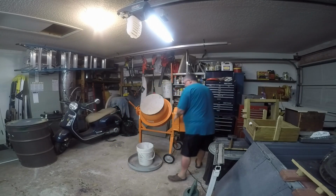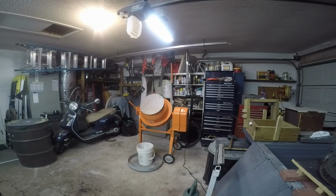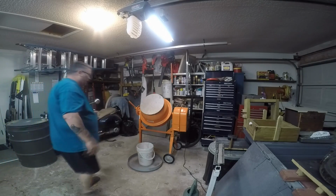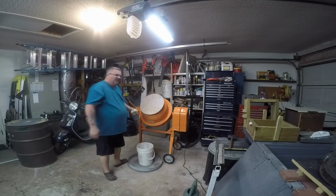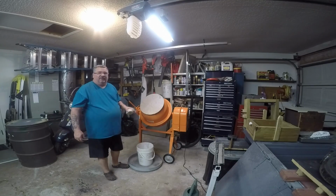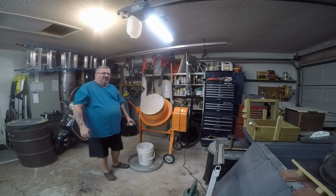Alright, she's sealed up. I'll get my little timer, and the people who wrote up this formula recommend that you have it mull for 3 minutes before you put the water in. Obviously, I don't have the money to buy a muller. I also don't have the money to get my house set up for 3-phase power. So,